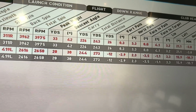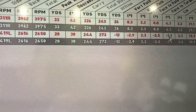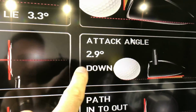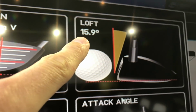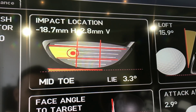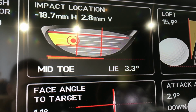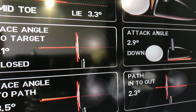So again, we're just going to have a look at that strike pattern and angle of attack on that last one we hit. Okay, so there we go. There's the angle of attack, 2.9 down, which produced that lower dynamic loft. Strike was a lot higher up in the face, a little bit towards the toe there, but a lot higher in the club face, which is where the spin changed considerably there,